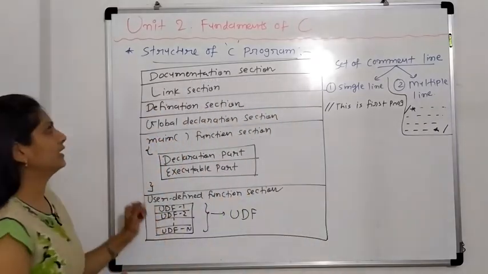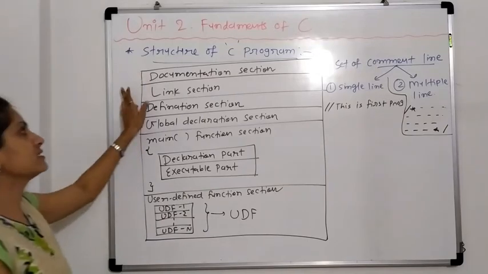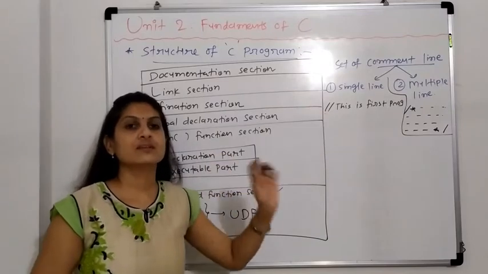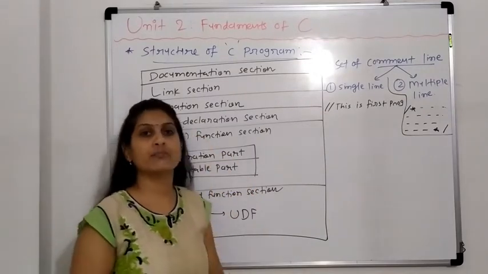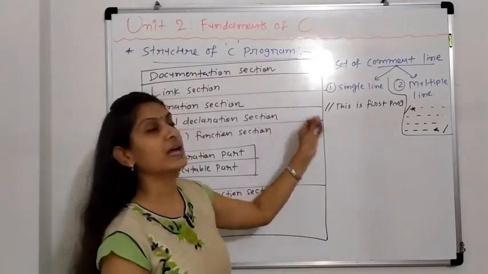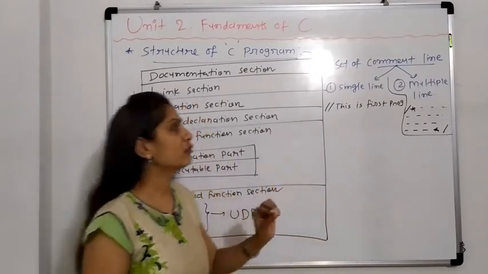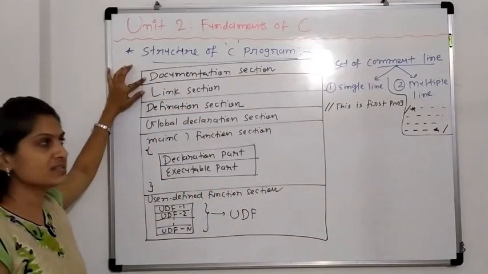And similarly here our first section is nothing but the introduction about our program, that is the title of program. This is the program for a factorial, something like that. This is implemented by, suppose by me, that is Bhumi Patel, at this time. Clear? So this introduction about this program will be written down in a documentation section.